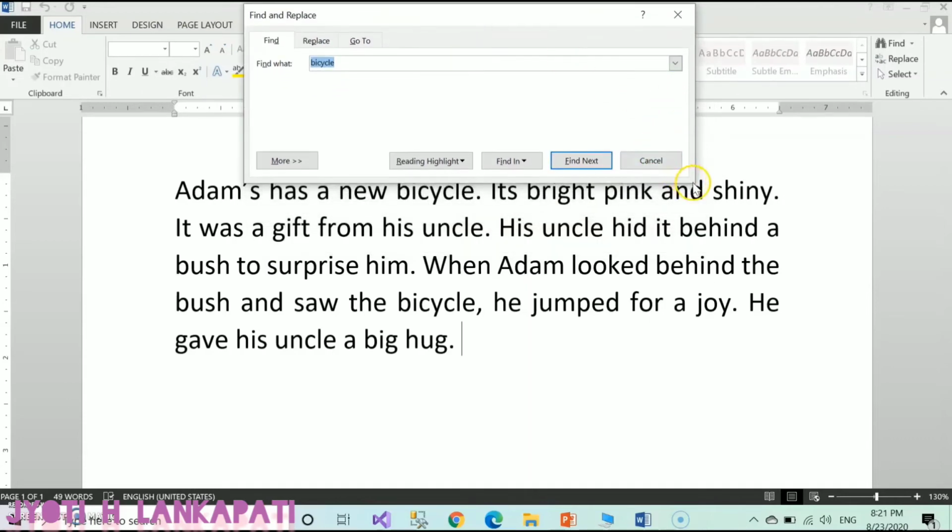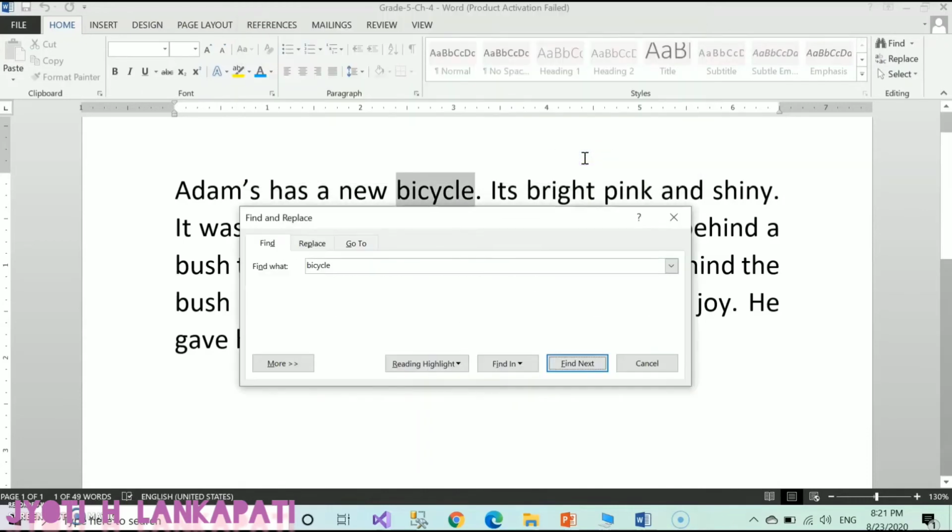OK, click on the button Find Next. The searched word will get highlighted in the document. Subsequently, clicking on the Find Next button will highlight the other occurrences of the search text.